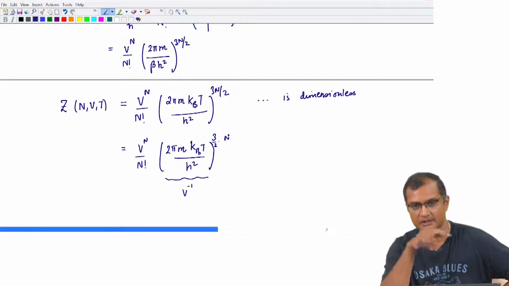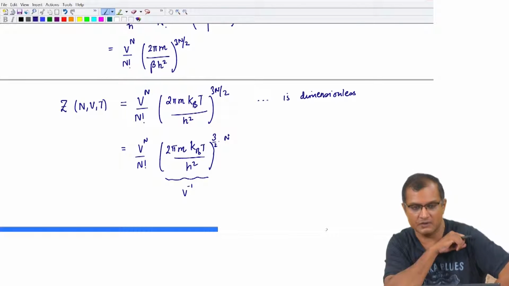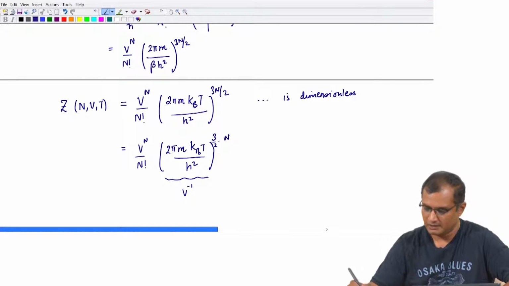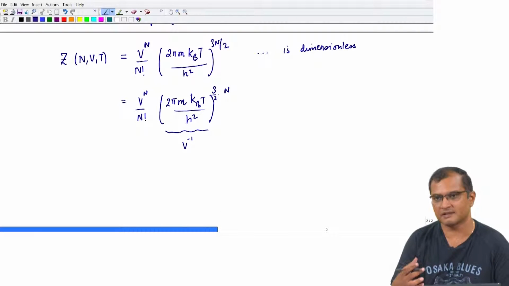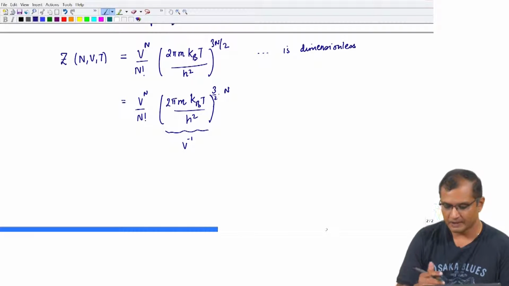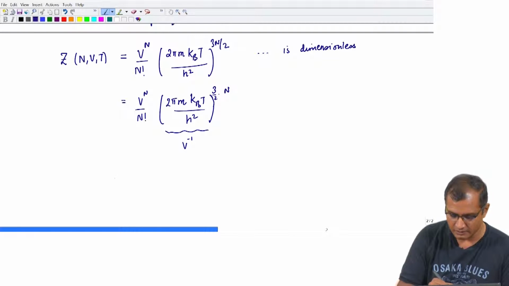So, that will cancel dimensionally with the dimensions of V raised to N. Now, which tells me that since volume is constructed as a cube of a length scale, I have to take